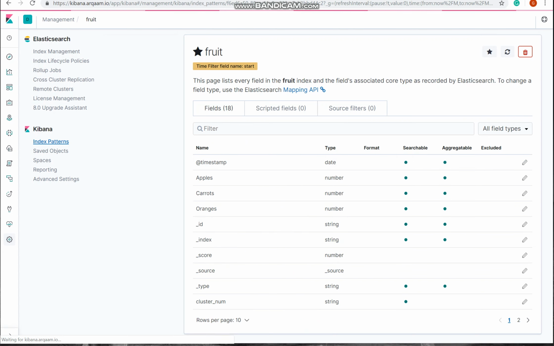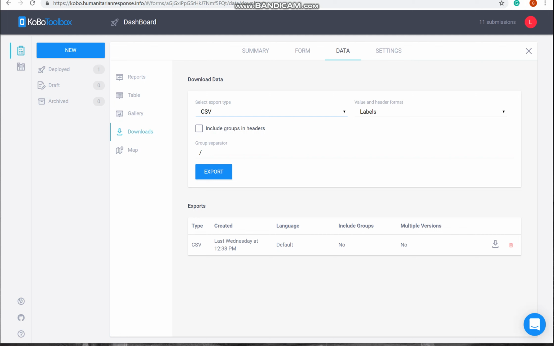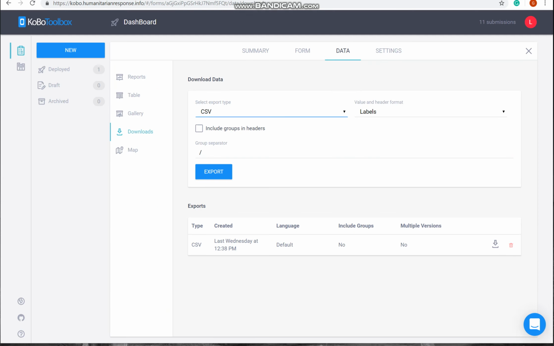Okay, so now let's go to Dashboard, to our Kobotoolbox. And here I created a form. It is important that your form doesn't have commas because CSV files are separated by commas, and if you create a CSV file and import it into Kibana and it has a comma, it will create a different object from the same question, and that is undesirable, so don't do it. We download it